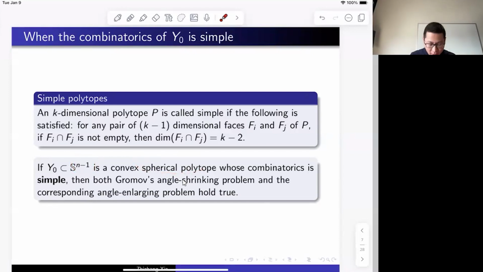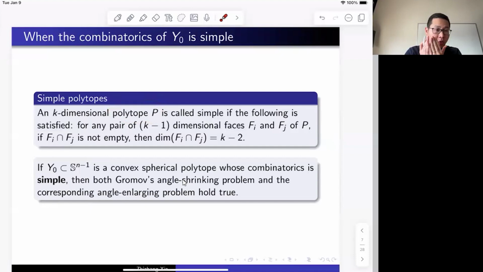But in the special case that the spherical polytope is simple, then it also has a positive answer. Here, simple means the spherical polytope, when you have two faces meet, they always meet at